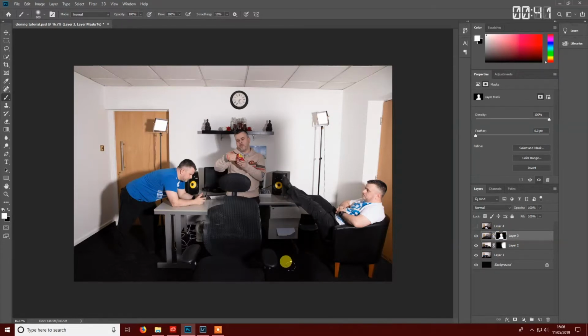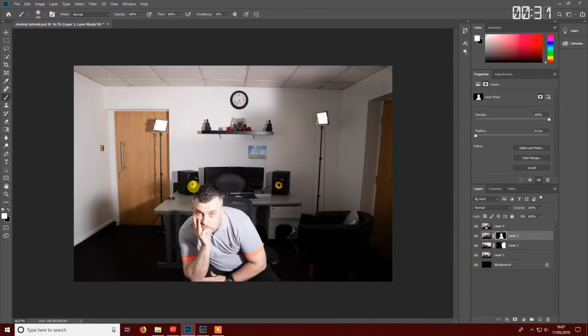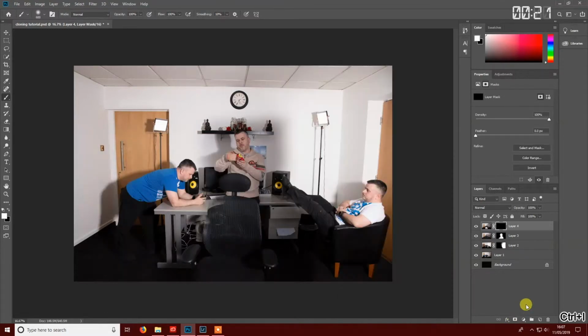You basically want to see if you can see things that aren't right. Now I know the chair isn't right here, but we don't need to worry about that because the next layer will take care of this area. So if I enable that, you can see I'm sitting to one side, and that's going to hide the bit that's faint. Click on the layer and add a layer mask by clicking on the icon and pressing Control I again, or Command I on the Mac, and start painting where